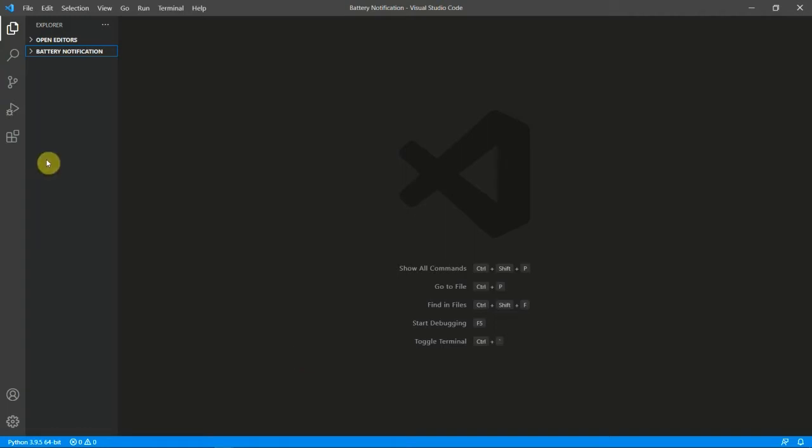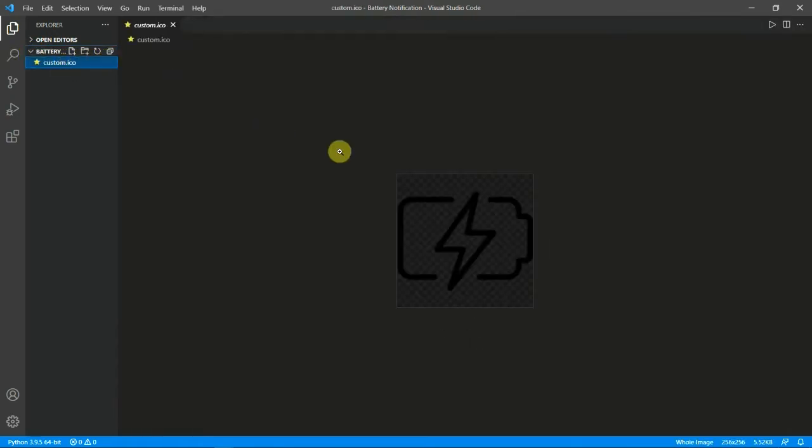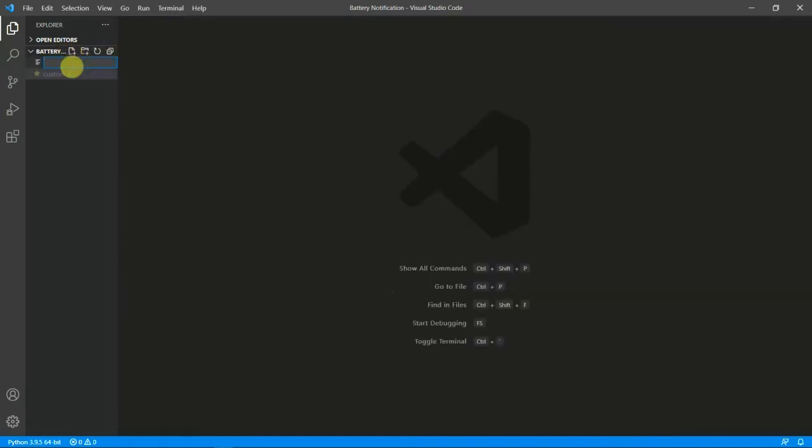For that I have created a folder naming battery notification, and inside this I have a custom.icon file which is an icon of battery which we will be using in the notification. If you don't have a dot icon file, you can just convert a png to dot icon using Google. You can just convert it, and after this we will just create a file